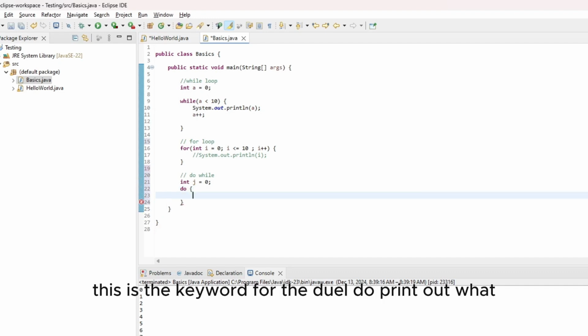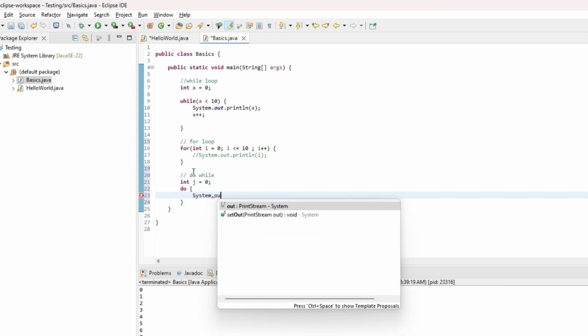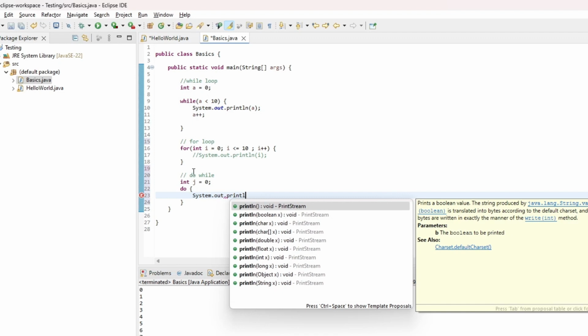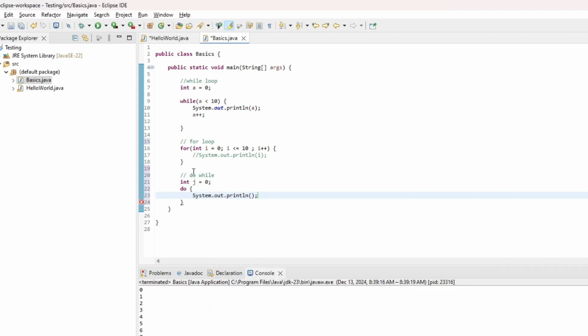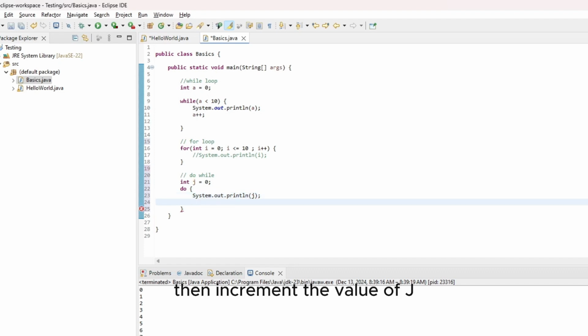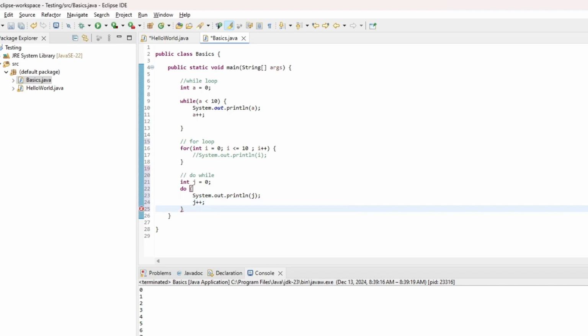Do print out the value of j, then increment the value of j. This is the do. The do is the action part. It says print out the value of j, then increment the value of j by 1 while